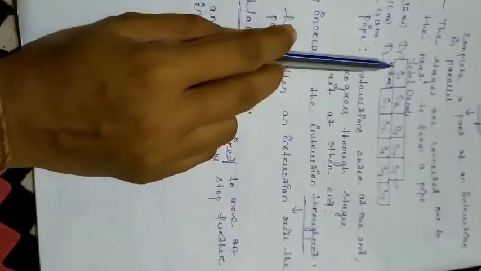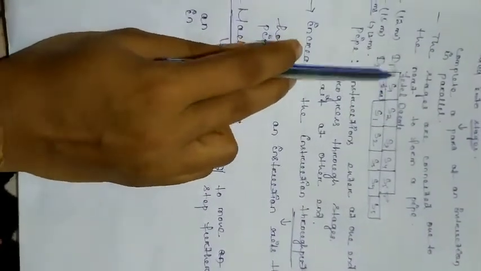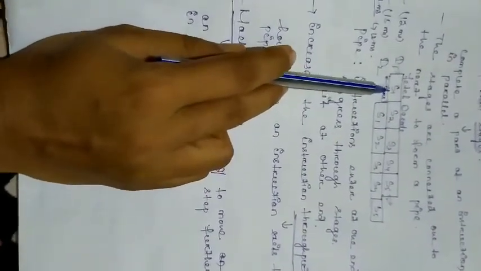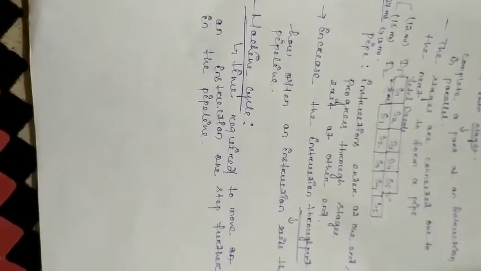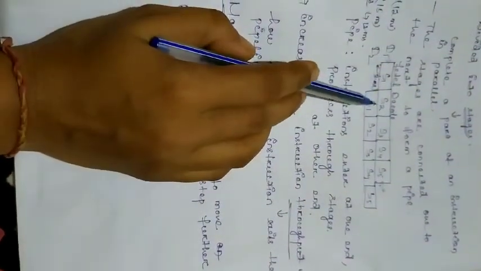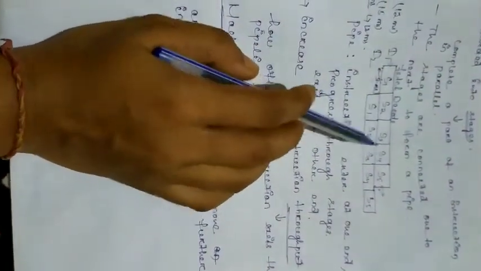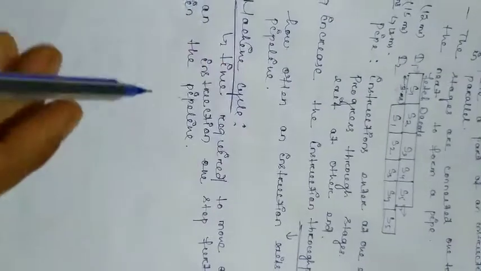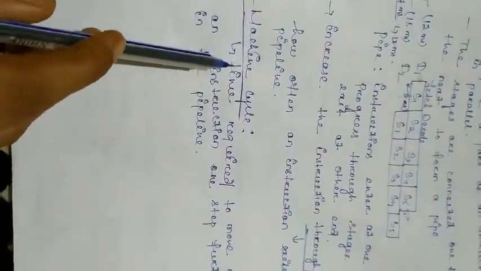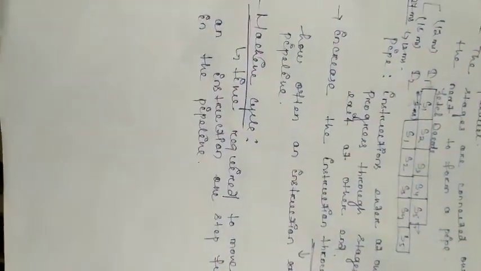That means the time required to go from S1 to S2. The length of the machine cycle is determined by the time required for the slowest pipe stage. Let's say S1 takes 3 milliseconds, S2 takes 2 milliseconds, S3 takes 4, like this. How will it be determined? It will take the time of the slowest pipe stage.